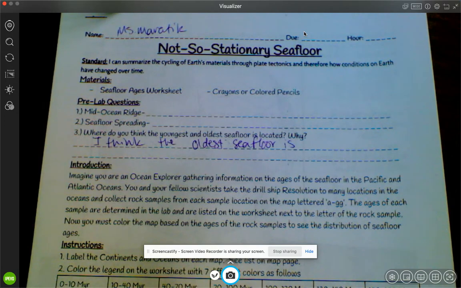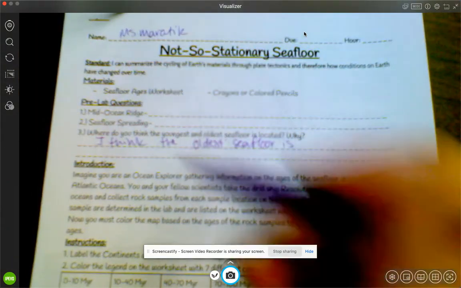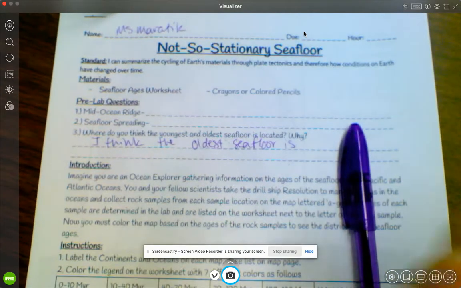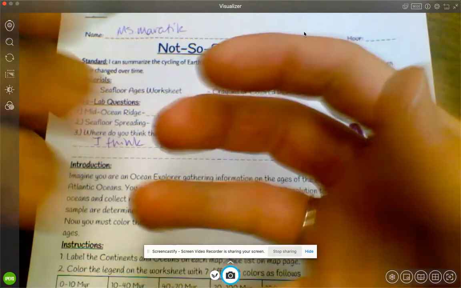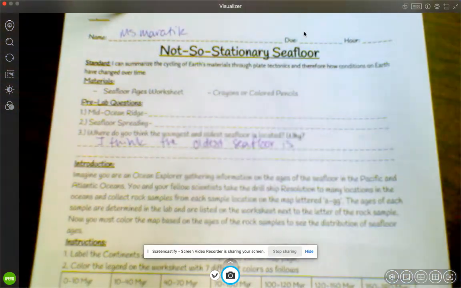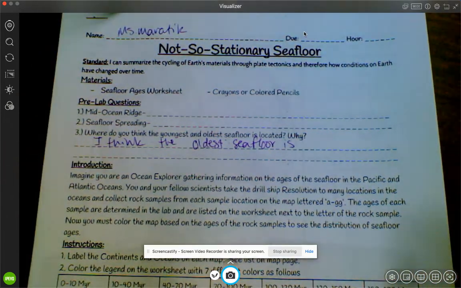Okay, next one, seafloor spreading. This is where we have the seafloor spreading apart as there's just a little bit of magma that is pushing up between those tectonic plates and pushing them apart. Now remember, this isn't happening very quickly. It's happening a few centimeters a year, which is about the width of an average textbook. It's not much, right? I mean, if you're thinking about a textbook,